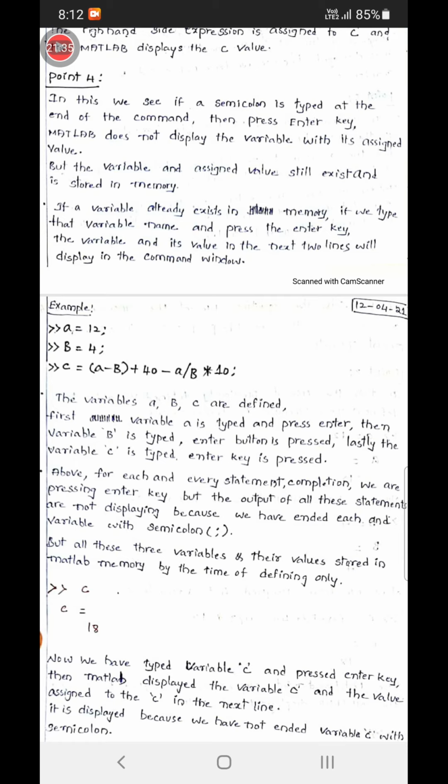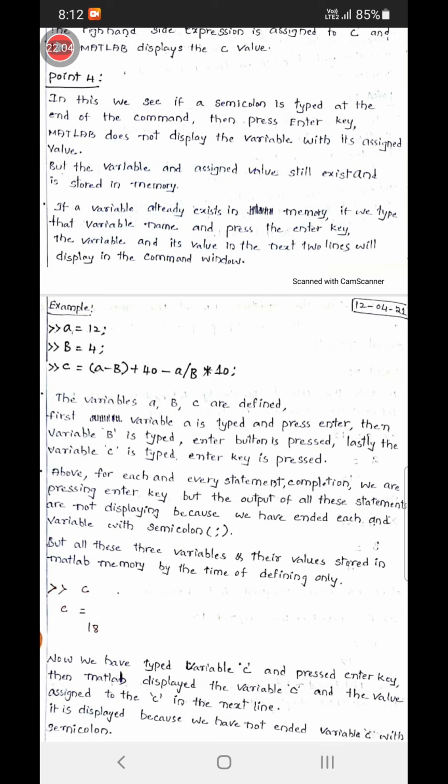Yes, see the example. Initially we have defined the variable a, 12 is stored in variable a, and at the end we have put a semicolon. Next, in the next line, we have defined b with the value 4, stored in the variable b, and we have put a semicolon.